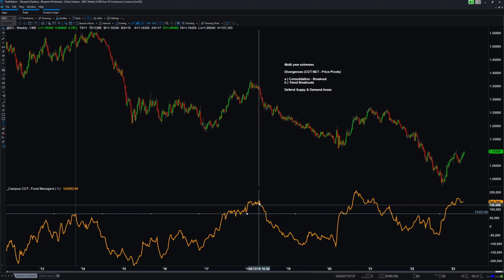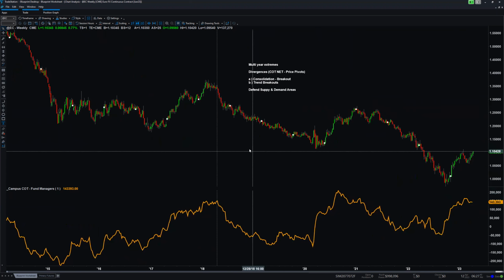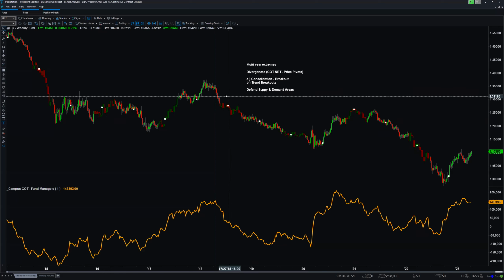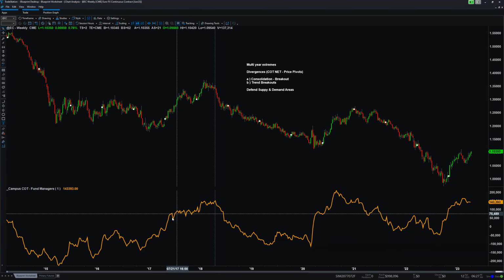So that is now a multi-year high. We know that, and it's been a multi-year high since here. However, notice the trend did not change until here. So what really happened at this stage that the trend changed, or that we moved into this downward spiral, that price really shot down? Well, if we know that we're at a multi-year extreme, then we're going to look at